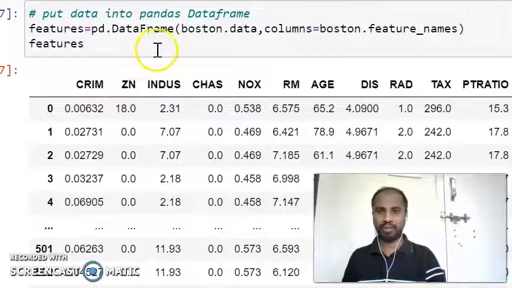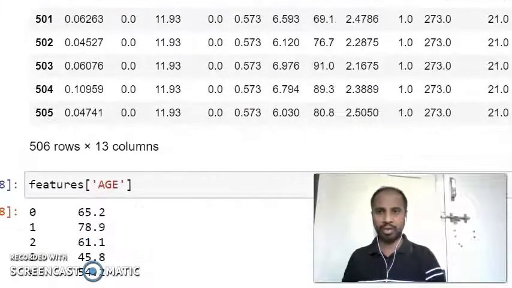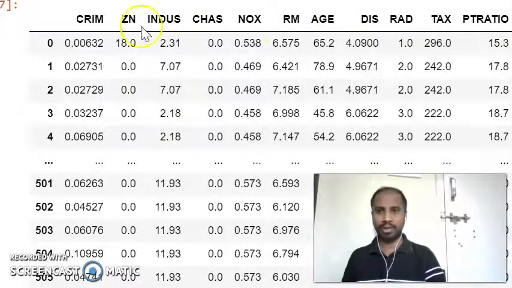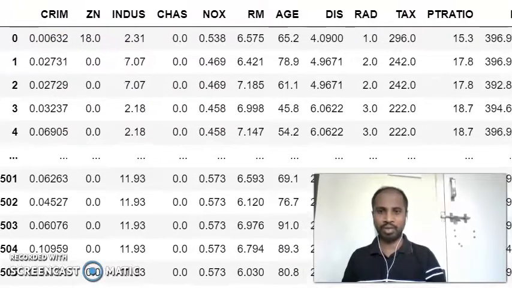Here we have all the attributes in the features. When I print the features, the features with their names and values are printed on the screen.